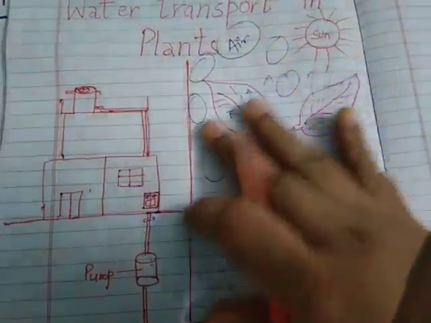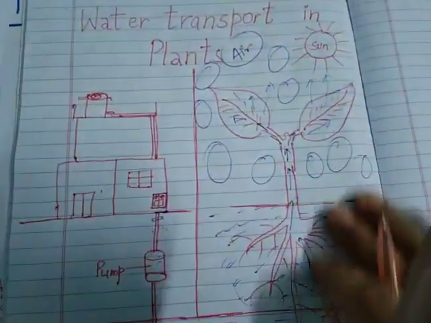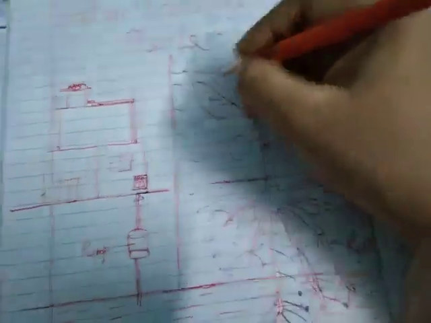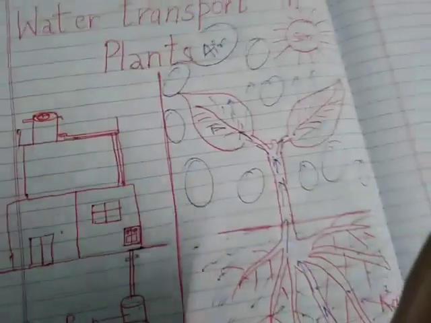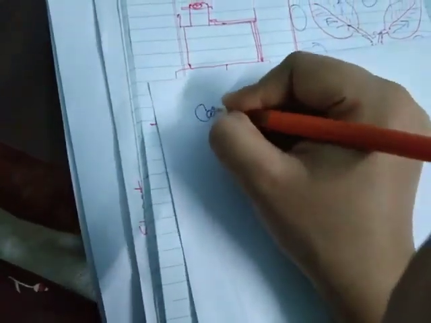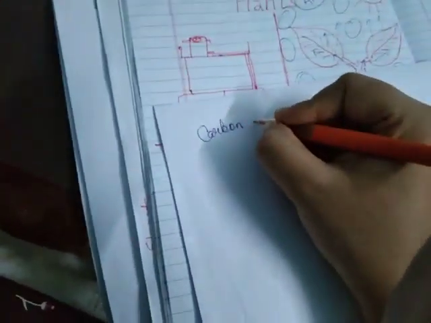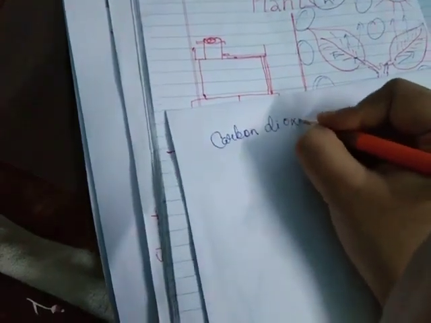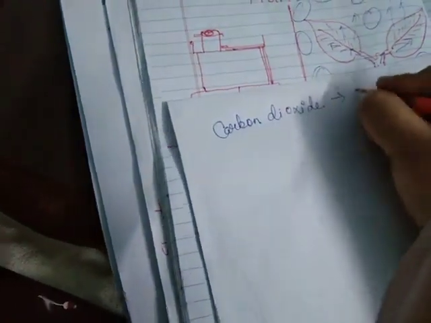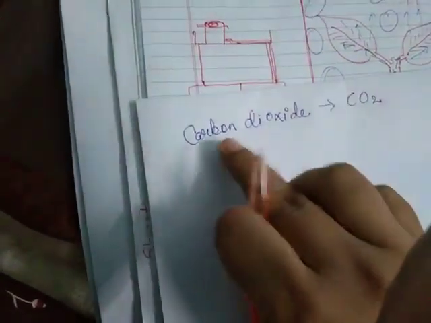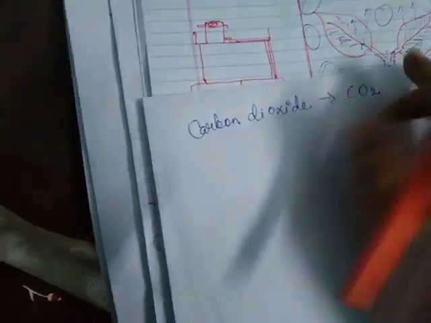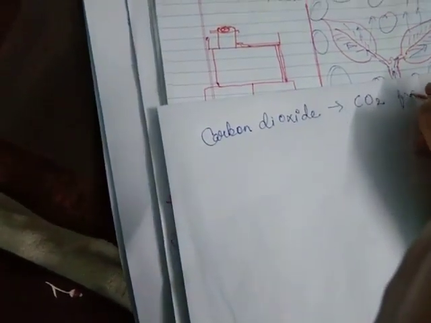Now our plant takes carbon dioxide. It is also known as CO2 in short form. Okay, our plant takes carbon dioxide from air,